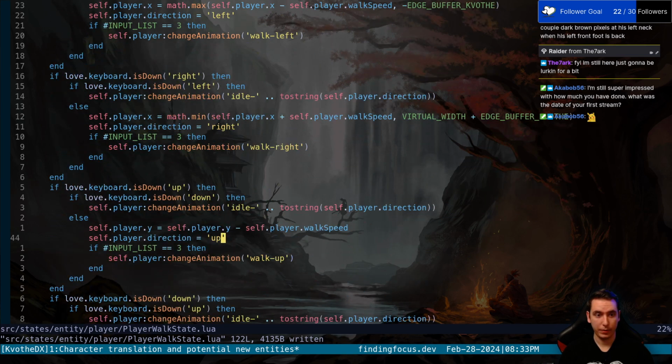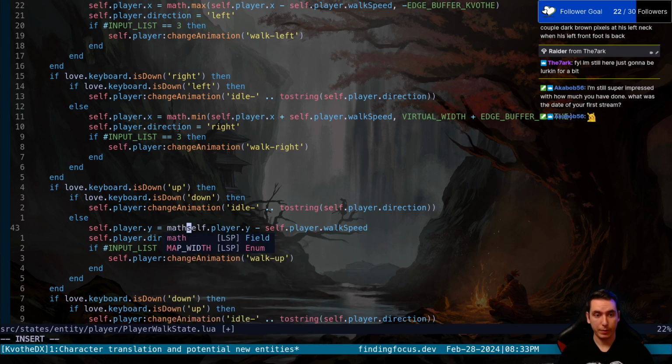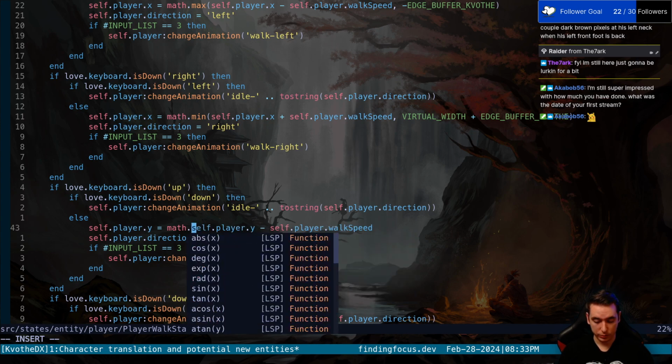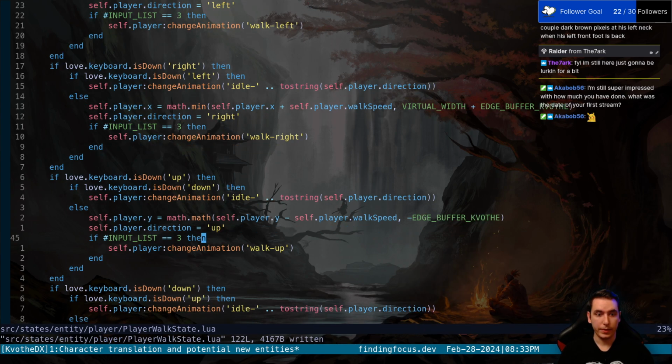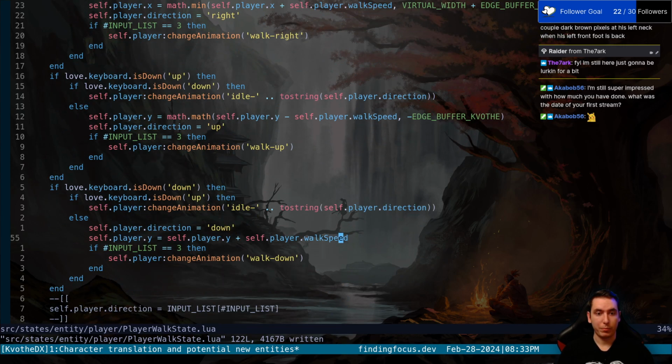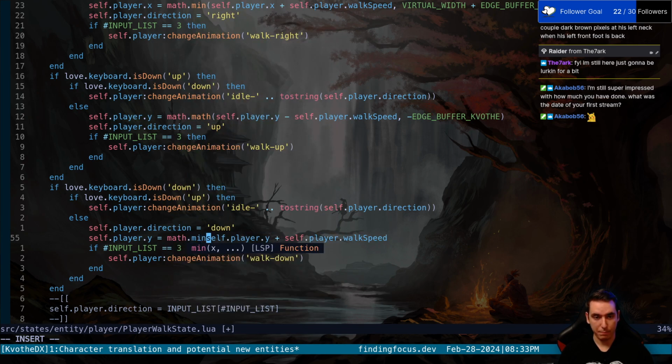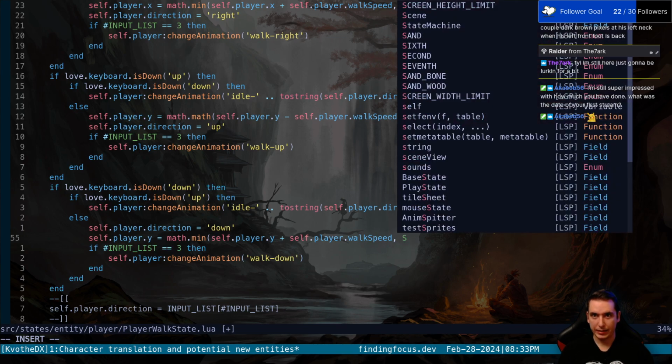And then for up, we want to clamp our Y position to be the bigger of 2 values, so a math.max, and the 2 values are going to be its current Y position or a negative edge buffer right off the top of the screen there. And then for down, we want to clamp our position to the lower of 2 values. So it's going to be a math.min, and it's going to be our current position or the screen height limit